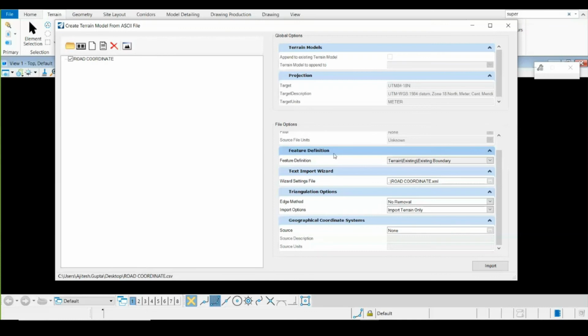So feature definition tells you what it is, and many MX users might be attending this. Like in MX we have string commands or string terminologies, like for center line we define MC01, CC00. So instead of string, it's completely parametric. As it is based on completely parametric modeling, we can define the feature definition. There are some default feature definition names available.